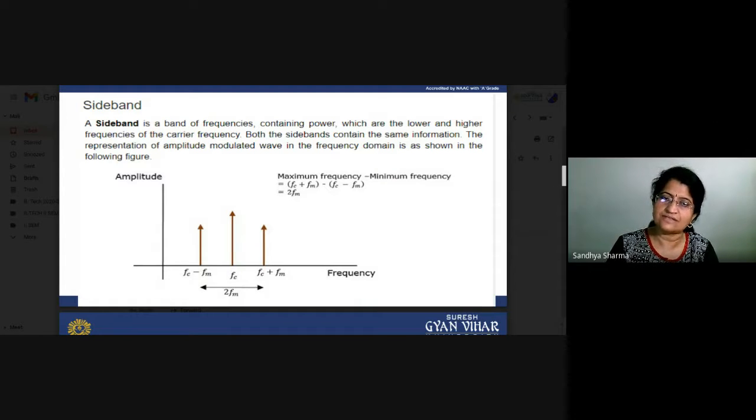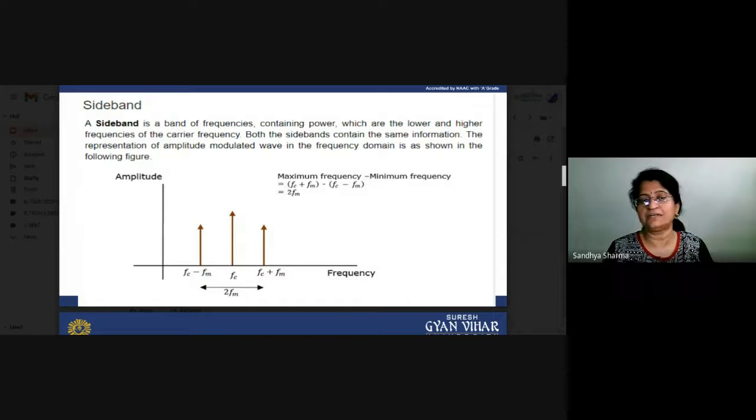The spectrum at FC, the carrier frequency, is an impulse at that particular FC frequency, and there is an upper sideband at the frequency FC plus FM, and at FC minus FM there is the lower sideband. In this way we receive the two sidebands, and as we have seen in our previous lectures that